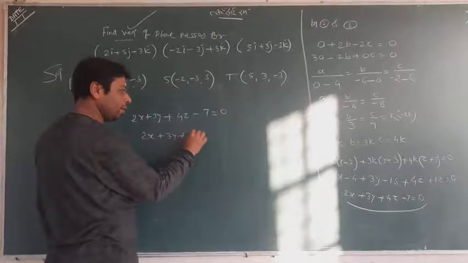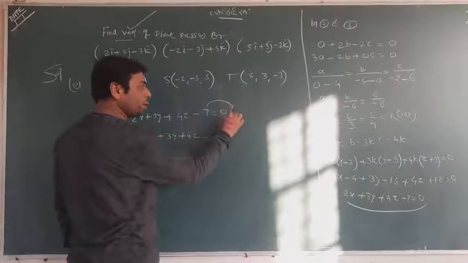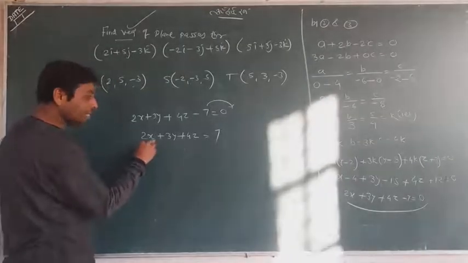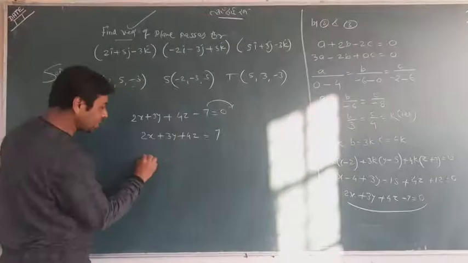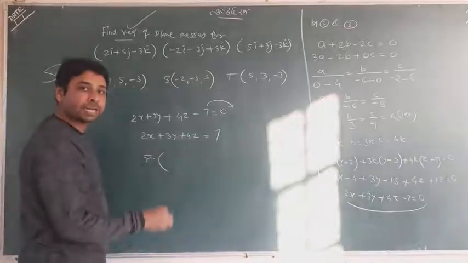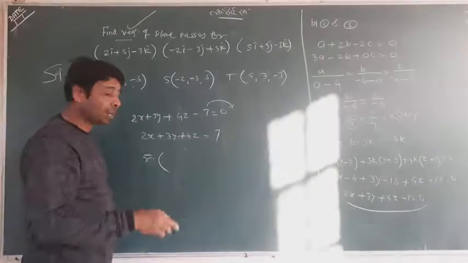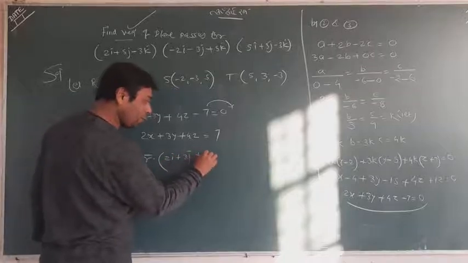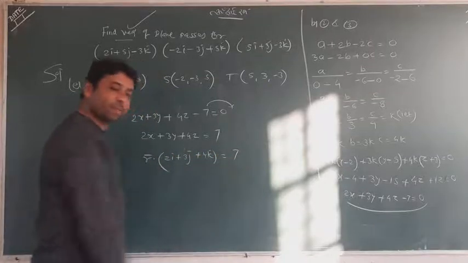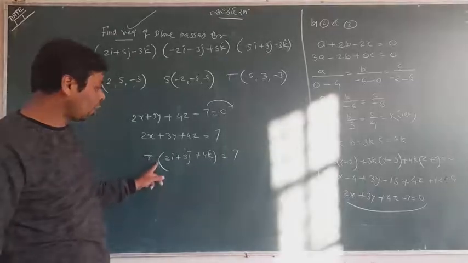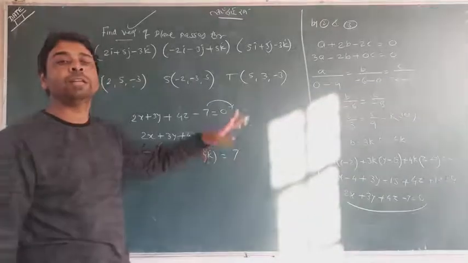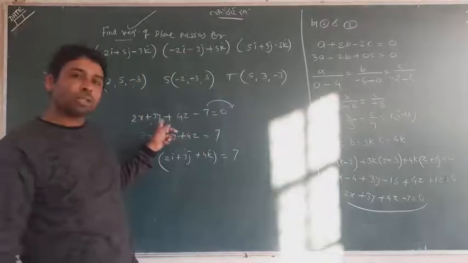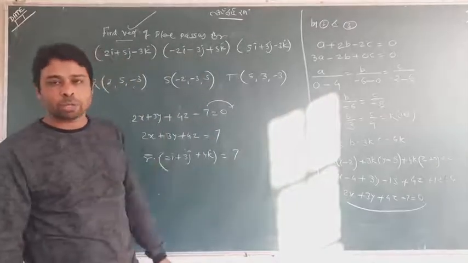Very simple. Transfer the constant number to the other side and now write x, y, z as r, that is xi plus yj plus zk as r. The 2, 3, 4, write 2i, 3j, 4k. Now it is 7. Now can you read? r dot n equal to d. This is the general form. So this and this are the same, but this was a Cartesian equation, this was a vector equation. Now that is simple.